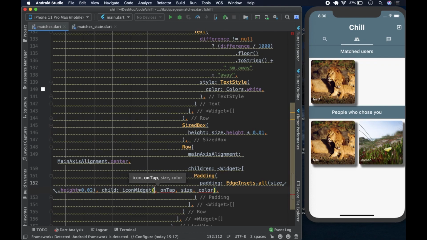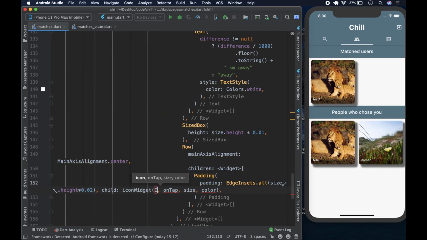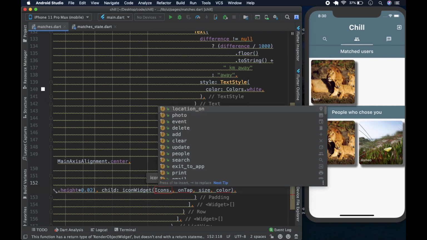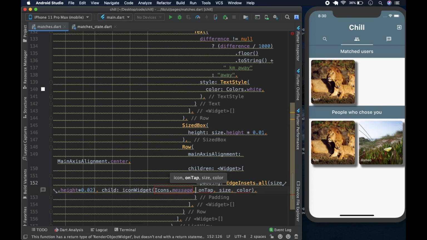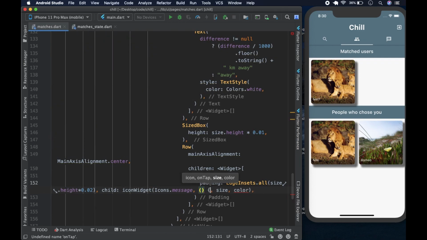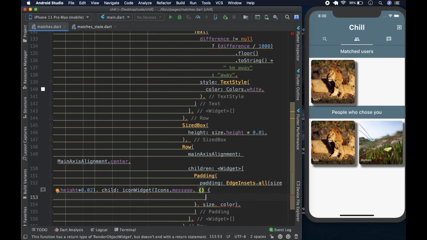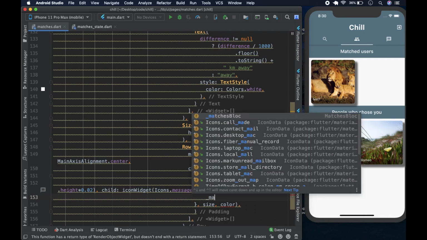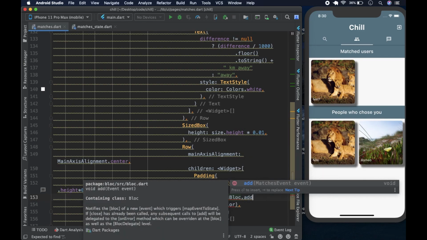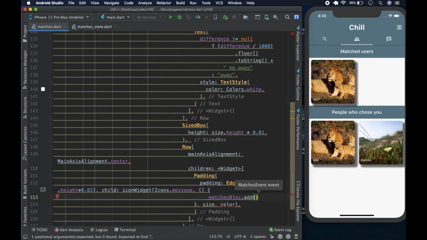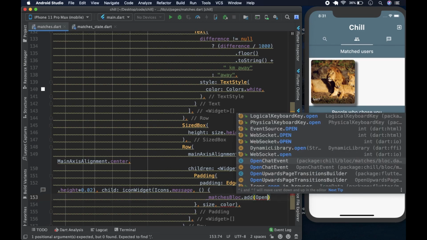We could say icons.message, like so, and on tap, we're going to put in the function. We could do that, and we're going to add an event to the matches block, dot add, and the event in question is going to be, your guess is open chat event,